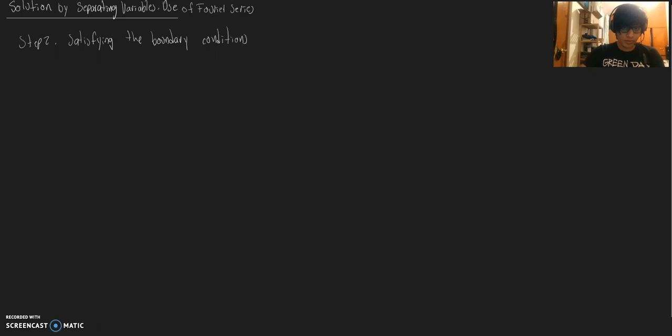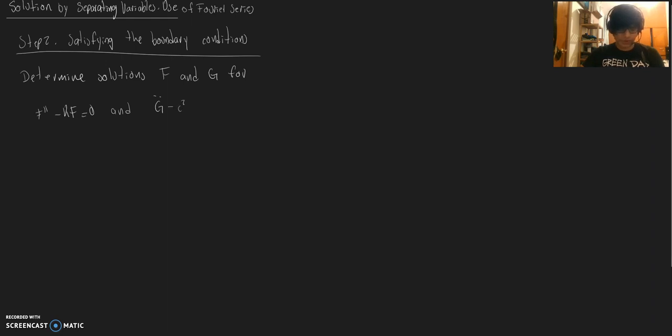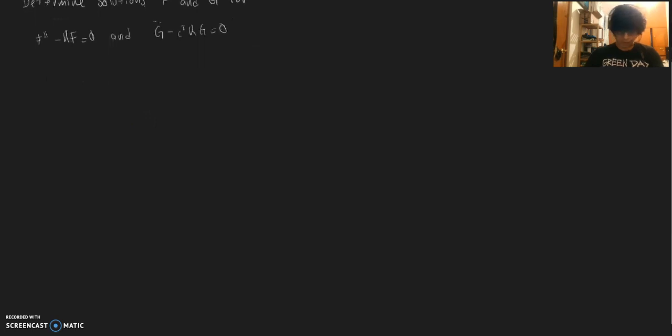What this step says is that we have to determine solutions f and g for f prime minus k f equals 0 and g double dot minus c squared k g equals 0, which have already been explained in step 1,